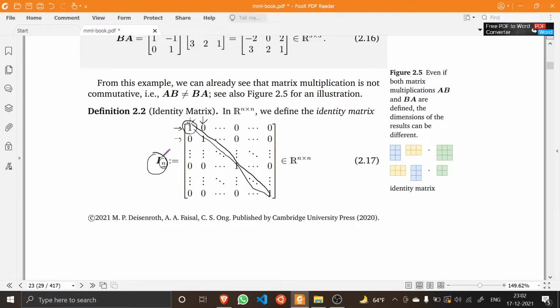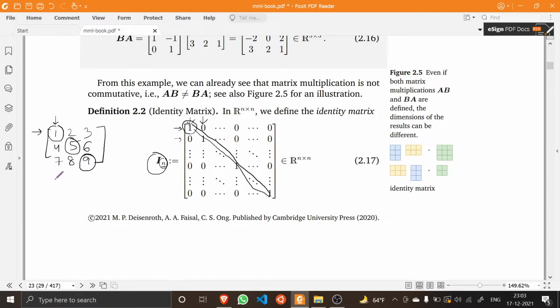Now we have introduced the concept of the diagonal. So what are the diagonal entries of a matrix? Consider this particular matrix: 1 2 3 4 5 6. The main diagonal of a matrix is the entries which have the same row index and column index. So this is the element in the first row, first column. This is the element in the second row, second column. And if there was a third row, let's say 7, 8, 9, then that entry would also have been part of the main diagonal of the matrix.